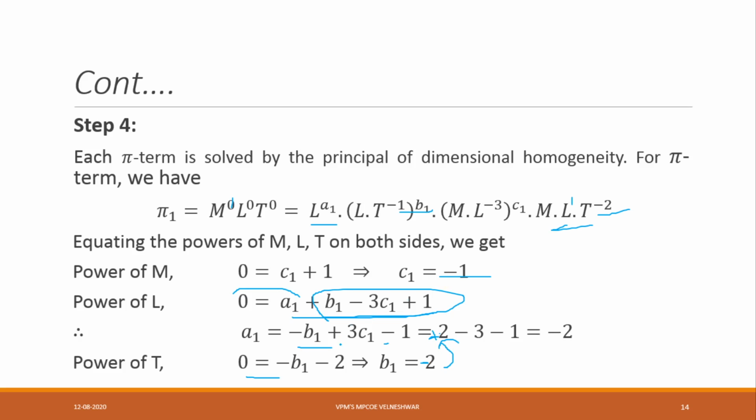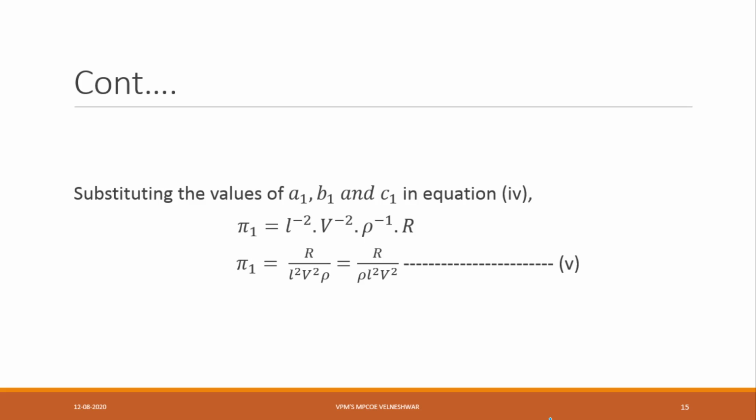Now the C1 value: here a is plus, a plus into minus, minus, that is minus 3. Here minus 1 is constant, that is minus 1. So 2 minus 3 minus 1, how much will come? 2 minus 3, that is minus 2. By solving this equation I will get 2, minus 4, minus 2. So here A1 value is there, B1 value is there, C1 value is there.